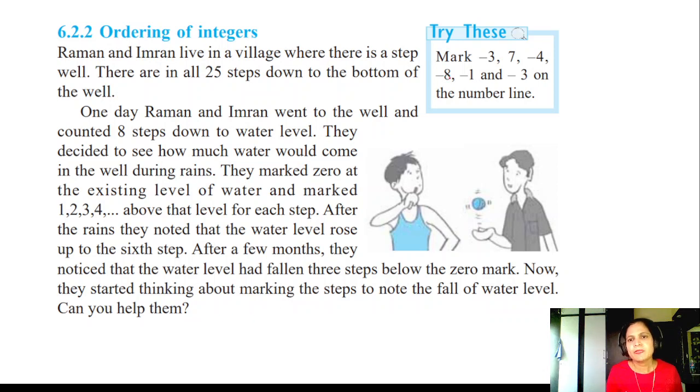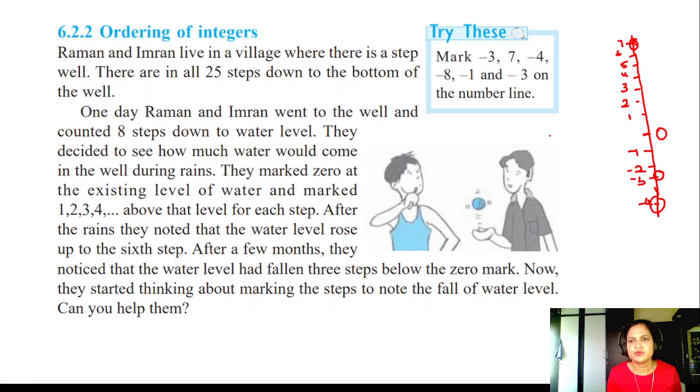How to mark? See, this is a well, it is the 0 mark. Minus 3 means minus 1, minus 2, minus 3. This is marked here. Then plus 7: 1, 2, 3, 4, 5, 6, 7. It has been marked here, plus 7. Minus 4,